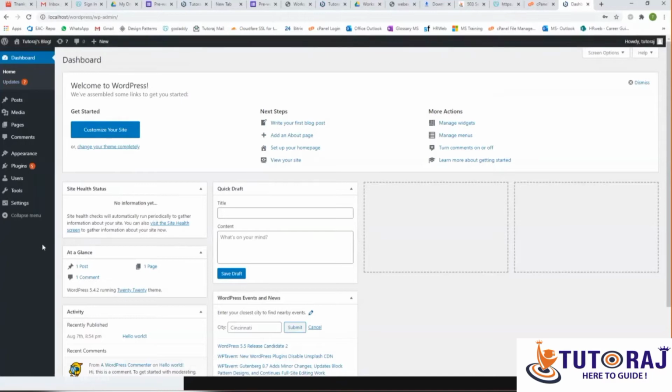And one important thing here, guys: in case you are not able to do the same stuff on your local machine, don't panic at all. This is not rocket science. It is very easy to do. If you simply watch what I do, you will be able to do it later. In case you're not able to log into your WordPress, or you've forgotten your password, or Bitnami is not installing, don't panic at all. You can simply do it within half an hour to 45 minutes after the session is over.